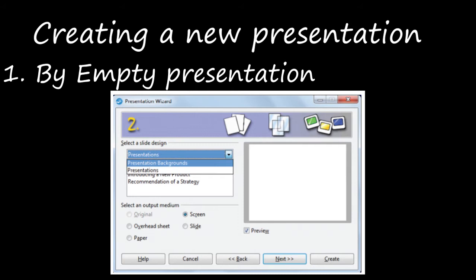Okay, the preview of the particular style or the particular slide will be shown in the preview pane, right? In the preview panel here on the right side, you have a preview panel, right? Here the preview will be shown. Okay, original is an empty background only. If you are not selecting this, you will get an empty background.